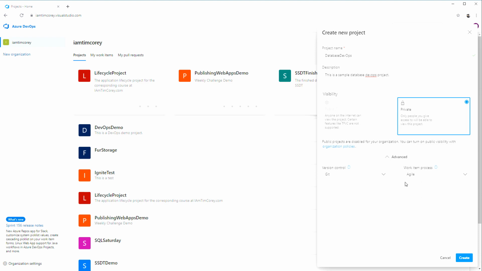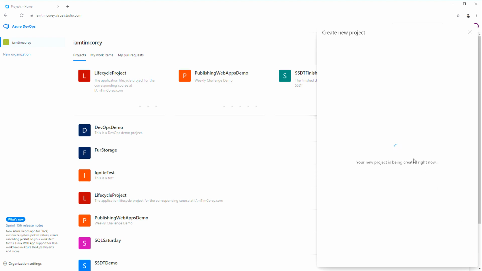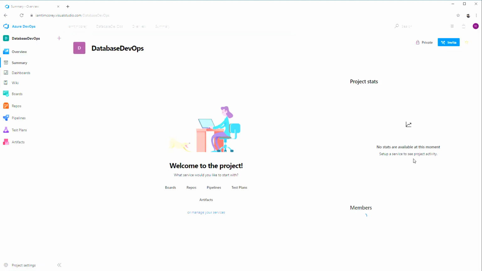Use Git instead. The work item process, you can have Agile, Basic, CMMI, or Scrum, whichever you're familiar with. If you don't know, choose either Agile or Basic. And hit Create. Now you won't use the Agile versus Basic, so I'm just choosing Basic for this. This will take just a couple of seconds where it sets up for us a brand new project on Azure DevOps. If we go to repo,